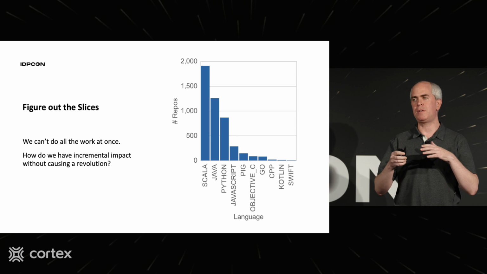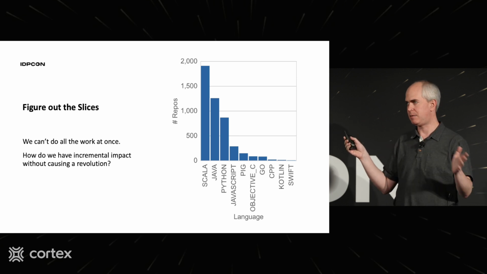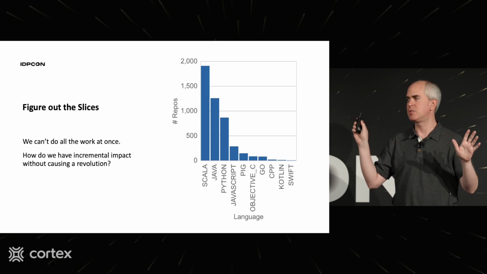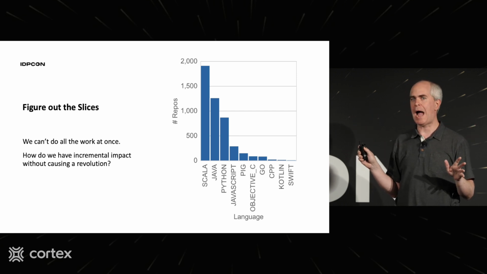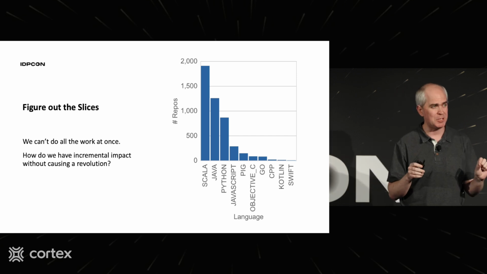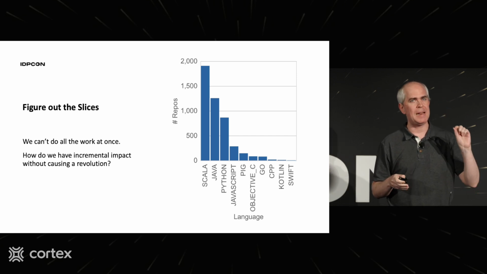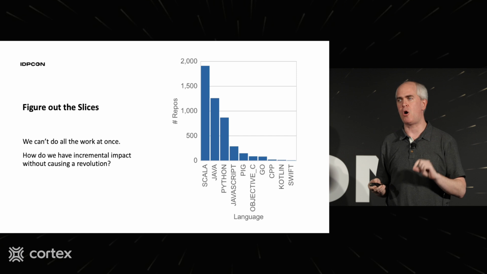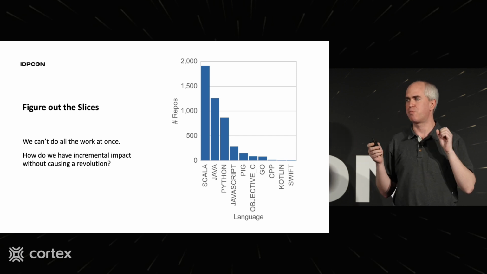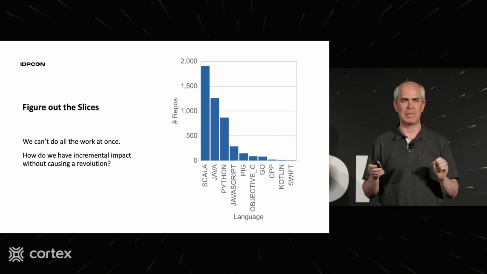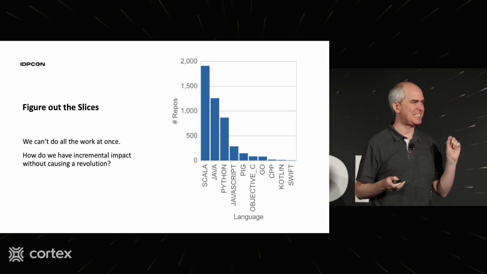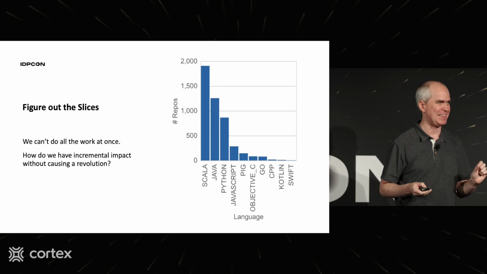Now, we have a very large code base. Like I said, hundreds of millions of lines of code. We can't fix all of the builds all at once. So how are we going to prioritize, and how are we going to slice it? It's not just a technical issue that we can't fix them all at once, but large technical changes are always also cultural changes. And there's a rate limit that humans will accept change at. So it doesn't matter how fast you can send out PRs, that is not the rate limit.